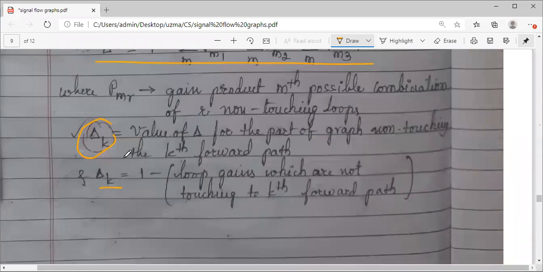Delta K is the value of delta for the part of the graph which is non-touching with the kth forward path. If your signal flow graph has two forward paths, then you have to count those values of non-touching loops which are not touching that particular